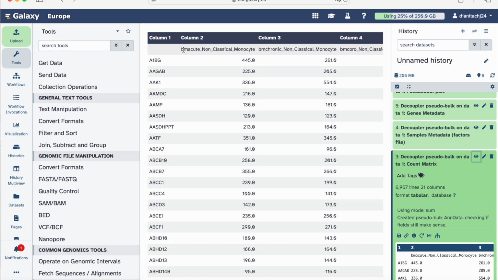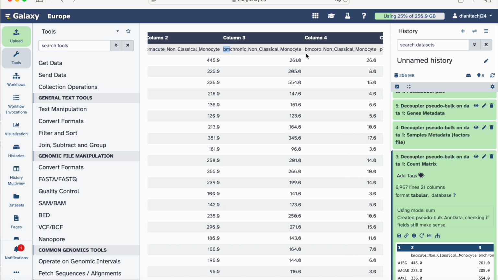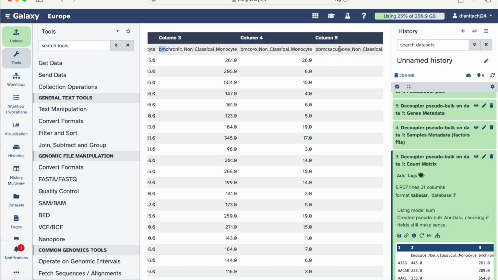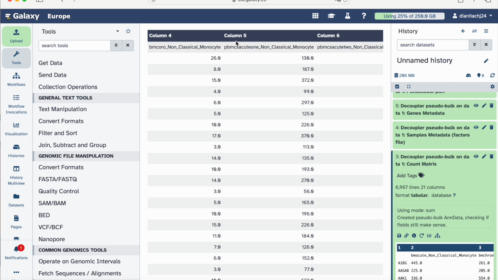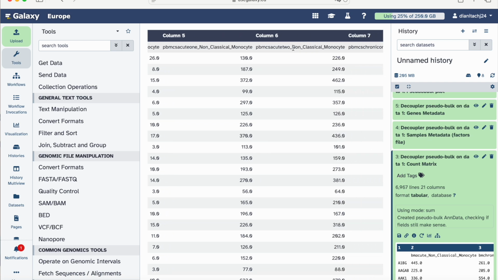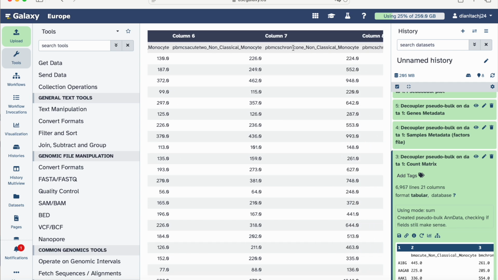So our counts are aggregated by sample. So bone marrow, non-classical monocytes, bone marrow, non-classical monocytes, bone marrow, non-classical monocytes. And now we have blood. We have non-classical monocyte blood 1, blood 2, 3,